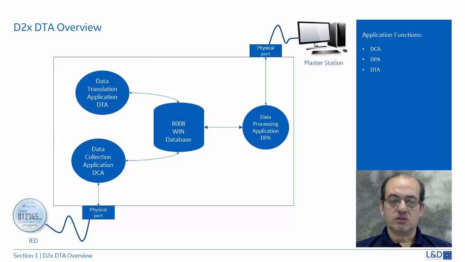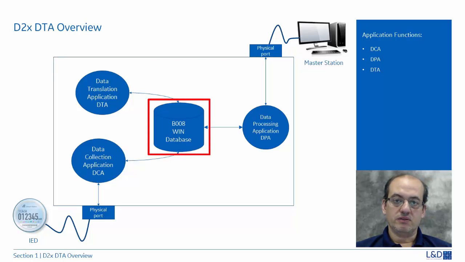There is an application that's constantly monitoring that port for information that is of interest, which is the data collection application family of protocols. So it could be either a DNP data collection application, or a Modbus data collection application, or a 101 data collection application. That data collection application would take that information that is received from the physical port, decipher it, figure out the important information that needs to be stored in the WIN database, places that information in the WIN